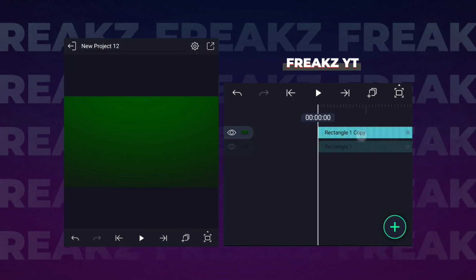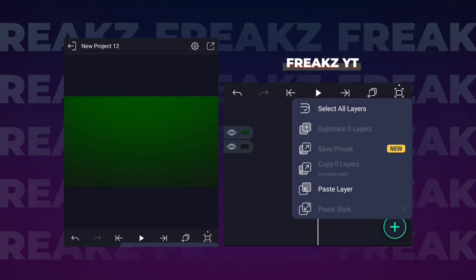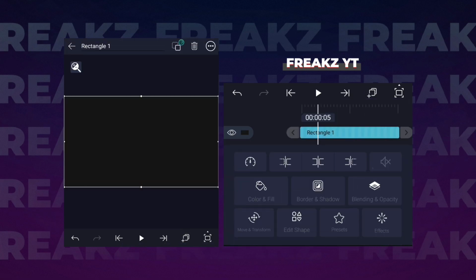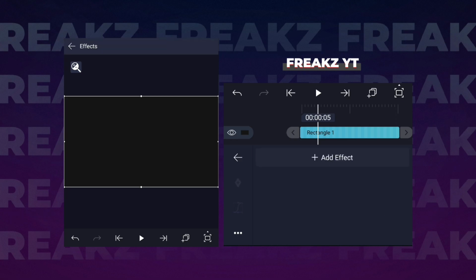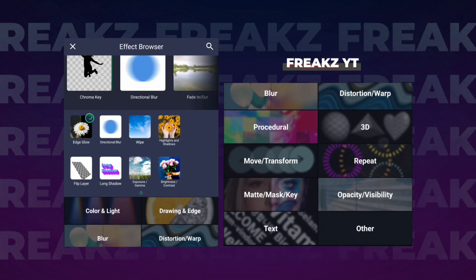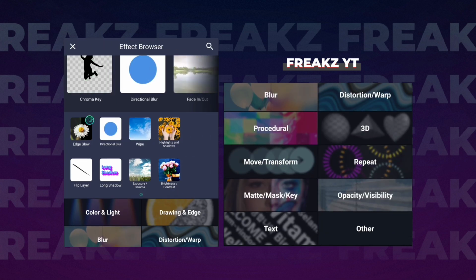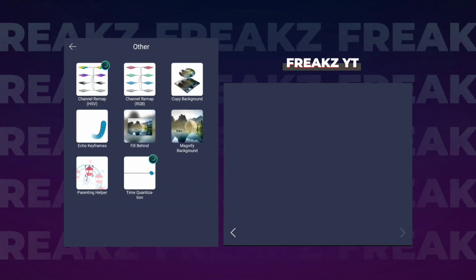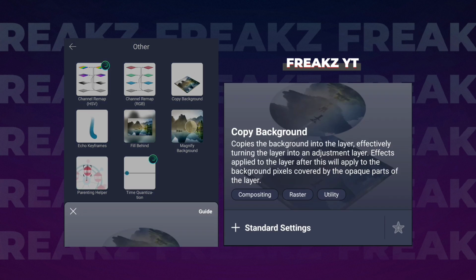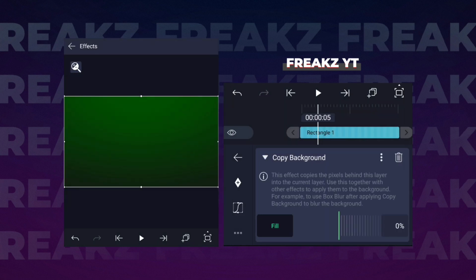and then we'll again copy the main background layer and paste it above these layers, and we'll add an effect which is called copy background. To add effects, you can see an effect section over here. Just tap on effects and add effect. At the bottom you can see an other section. Just tap on that, and then you can see a copy background, which is the third effect. Just tap it,